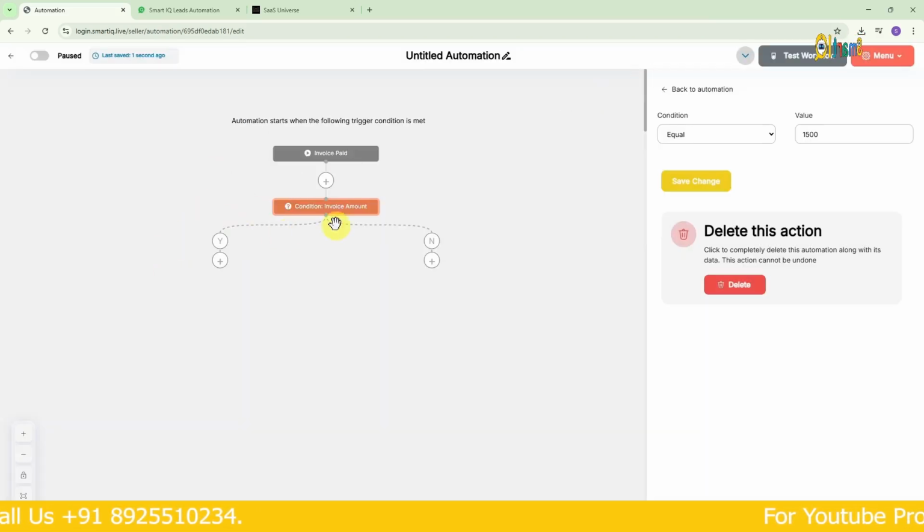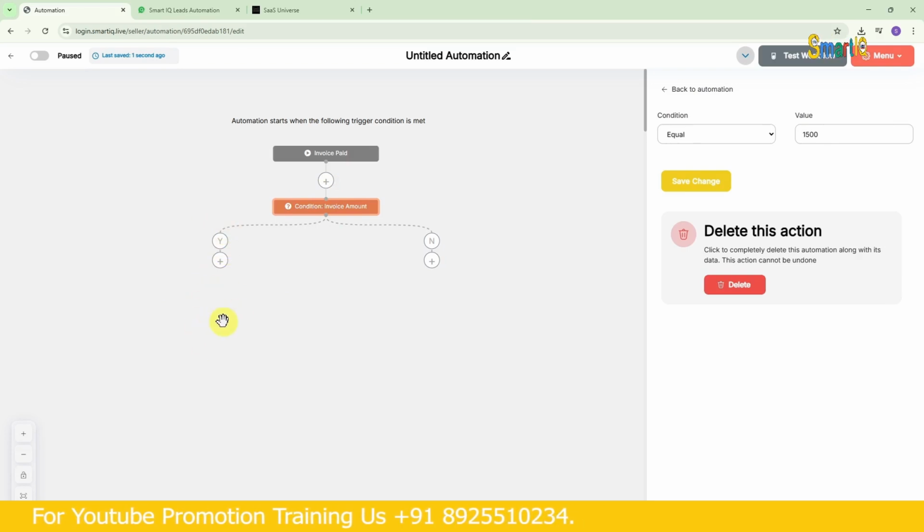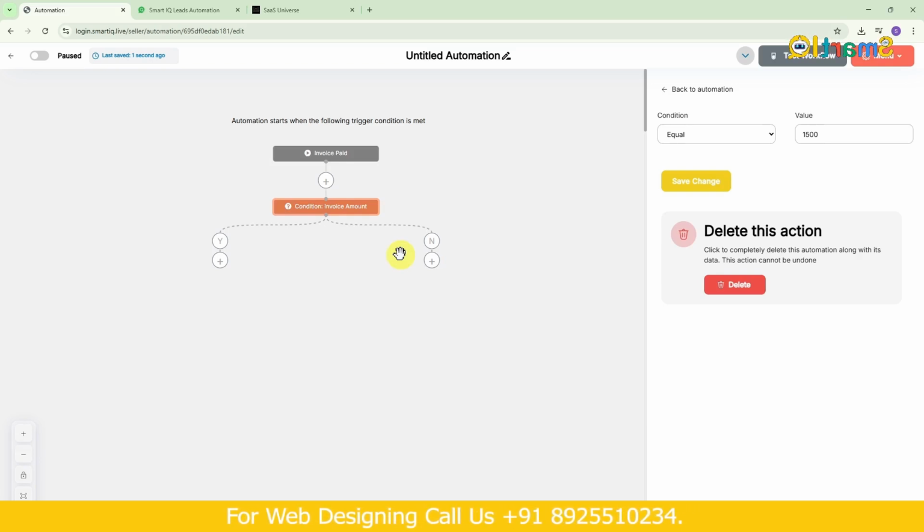So in this condition, if their invoice amount is equal to 2500, it means they have purchased with the bump offer. So if it's yes, whatever is given below yes will be executed. If it's no, it means they have purchased without the bump offer. You can also add them separately in a CRM if you want. Below that, you can do whatever is required as per your needs. This is how it works. So what we'll do is, we'll connect it with the finance workflow. So now let's see what happens.